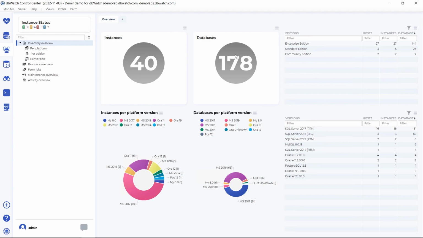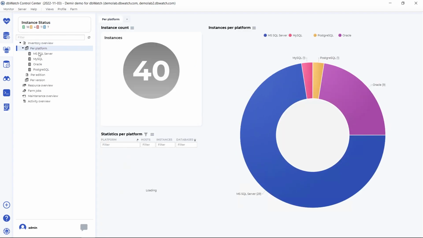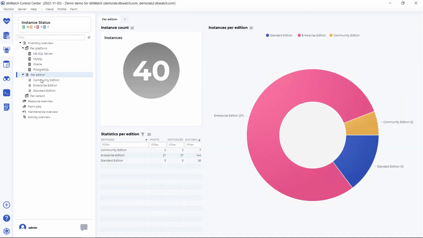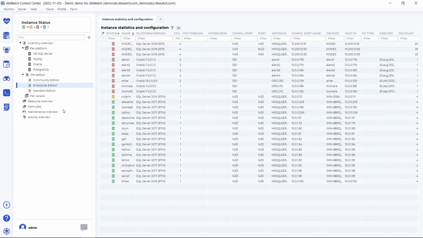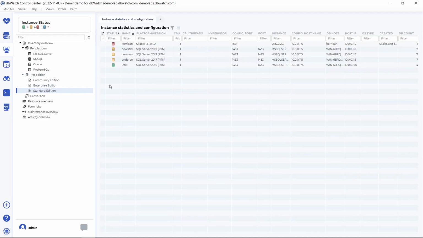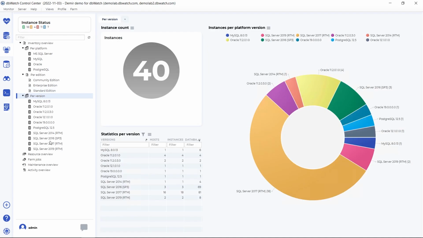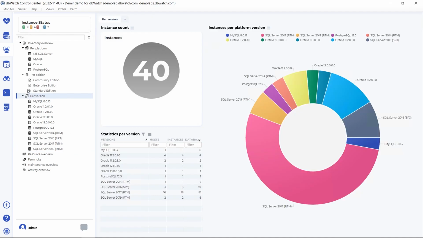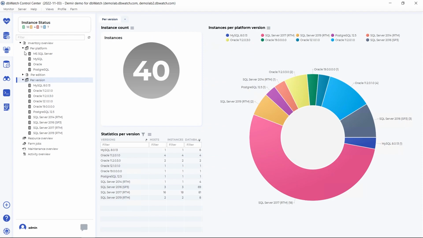it allows you a quick overview of your environment, and you can also go into details to see the different SQL servers you have, different versions, how they're configured, etc. And also grouped by edition or grouped by different versions. So it's an overview of the identical systems that you have. So it's the first part of the